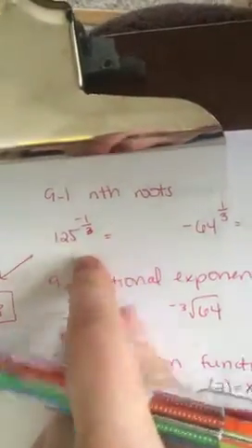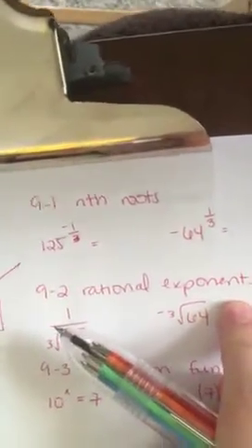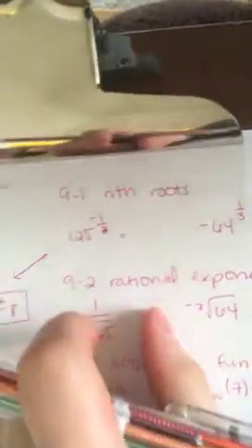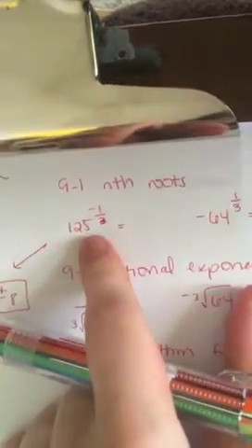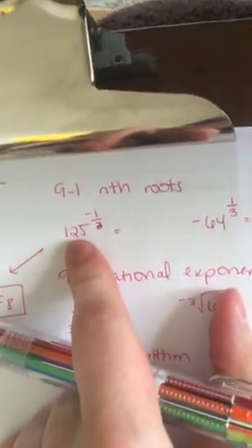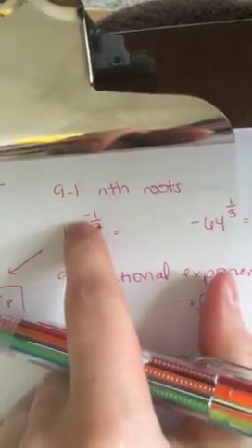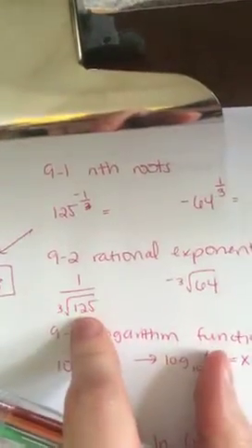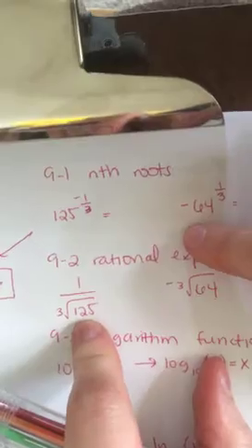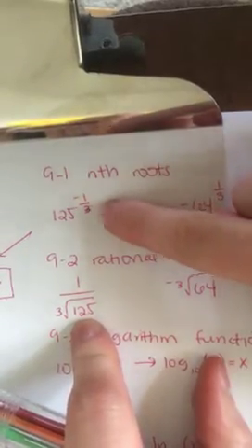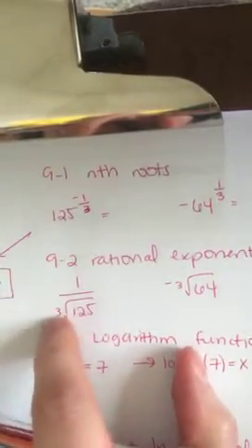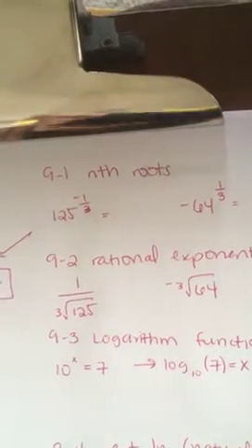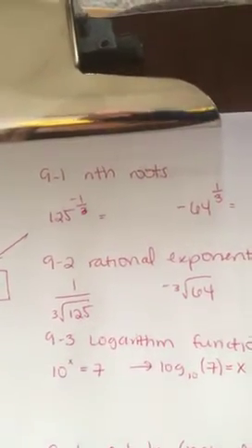So for nth roots, they actually are teaching you rational exponents, but they're trying to teach it to you in a backwards manner. This is 125, but I want it taken to the negative 1/3. That's the same as writing 1 over, because it's a negative exponent, and this third, that's my root, so the third root of 125. If I ask you for a cube root, they're not going to be huge numbers,